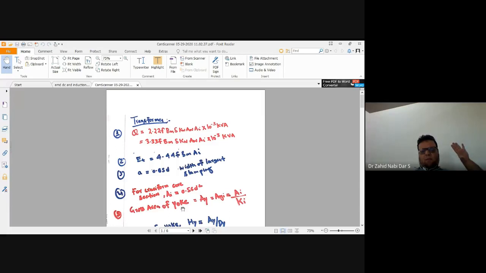This is this formula, transformers are taught, this is that. See this formula we have seen. Transformer Q is what? You should know, it is apparent power. What is the apparent power? Apparent power is also called the complex power. So this complex power is V into I in 10 power minus 3. How do we get this complex power?